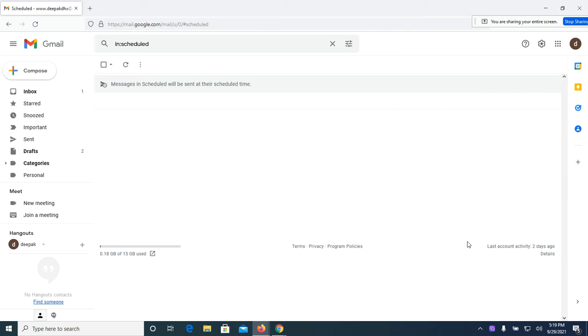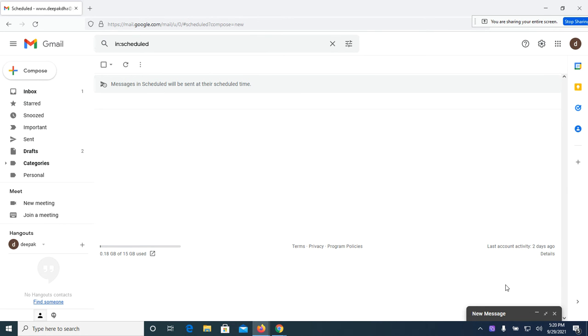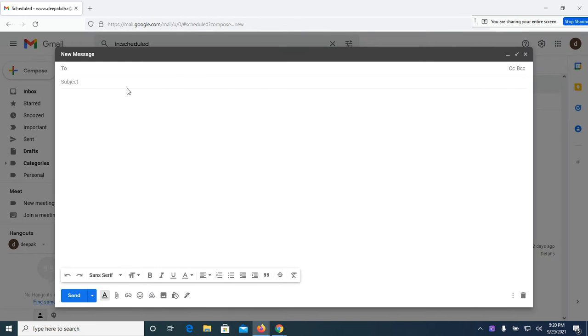Today we will learn how to send a scheduled email in the Gmail app. Just open your Gmail ID, click on the compose button, and mention the email ID of the person you want to send a scheduled email to. Let's say we are taking an example. Mention the subject, type your message body